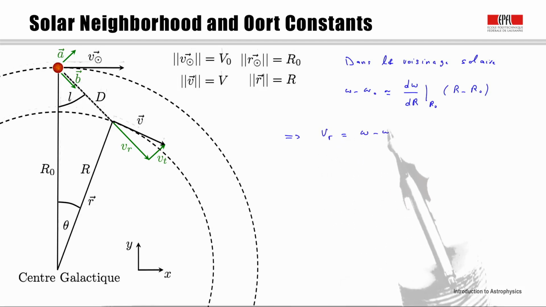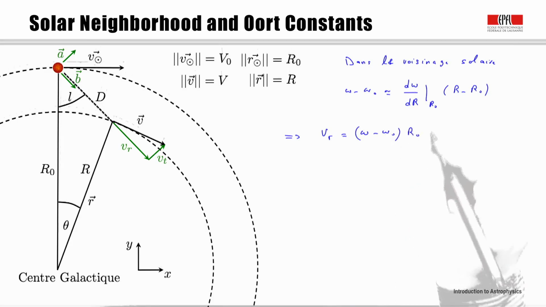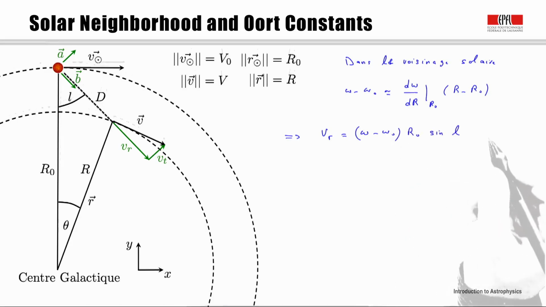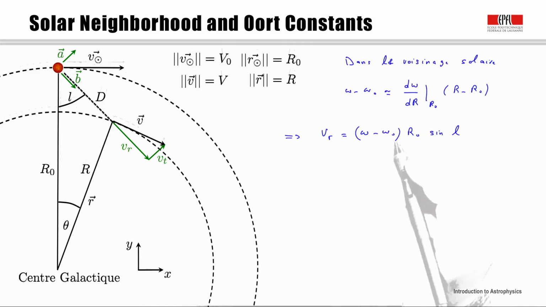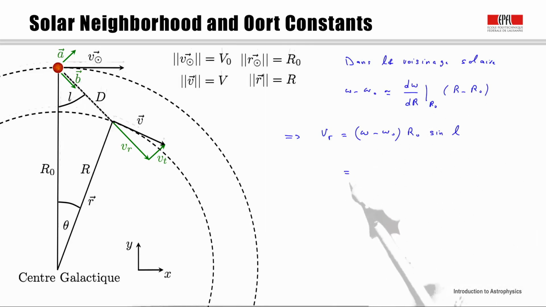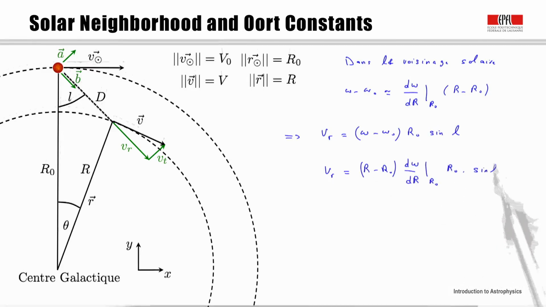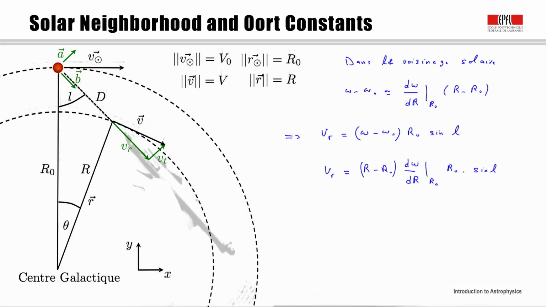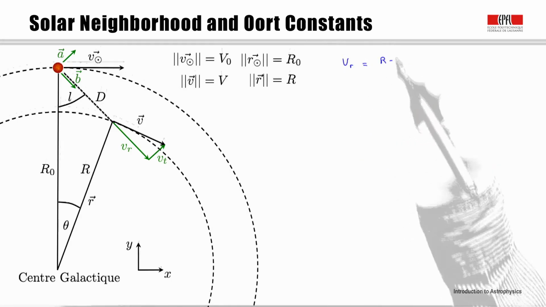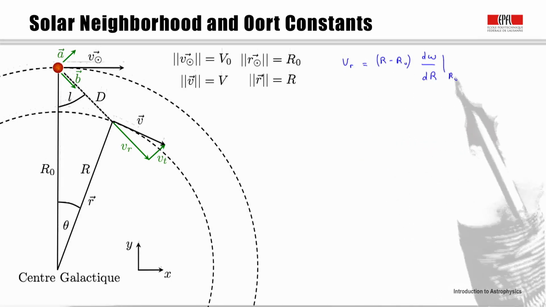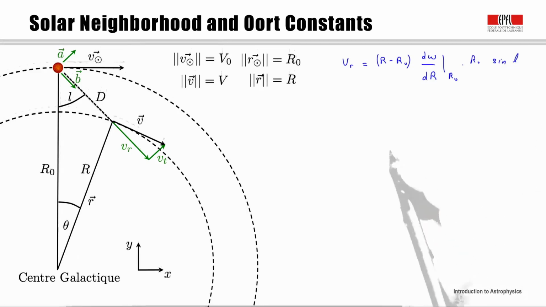minus Ω0 r0 sine l leads to Vr equals this expression. This is a new expression for the relative velocity of stars. More precisely, the radial component of this velocity in the solar vicinity. Rewriting this expression once again, we have that